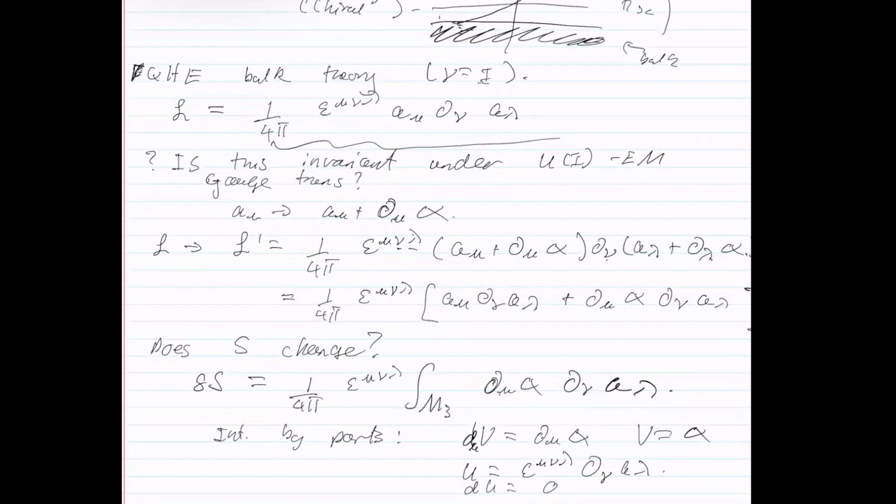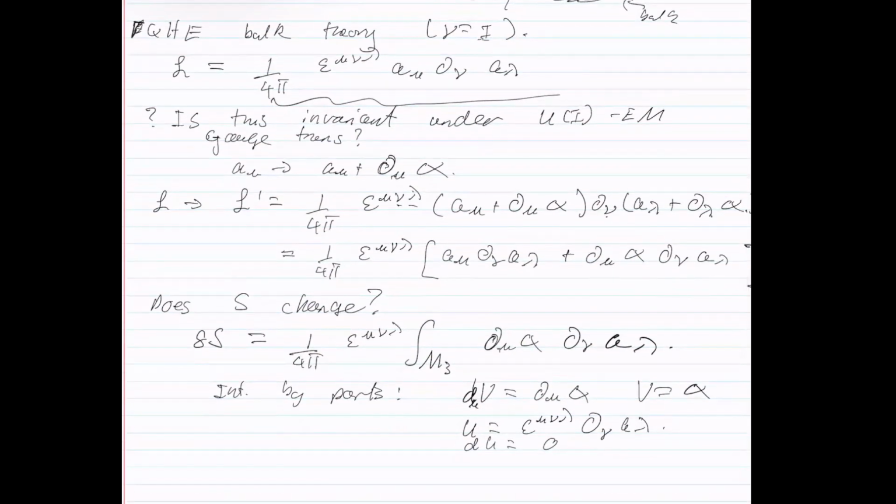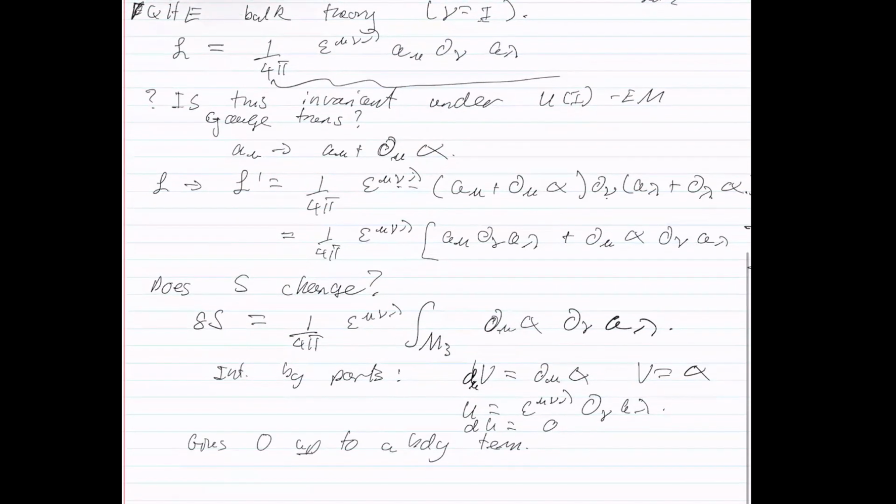So this actually looks good, right? You should be able to integrate by parts, and this is just going to be 0, but there's a catch. And the catch is that there's a boundary term, okay? So we get 0 up to a boundary term. And so what we find is that the change in the action is just 1/4 pi, and then I have an integral over the boundary of the manifold. And I've got alpha, epsilon mu lambda, f u lambda. Okay, and then I've got some